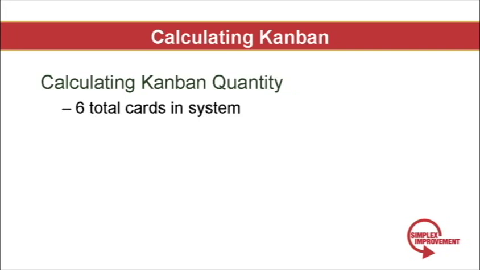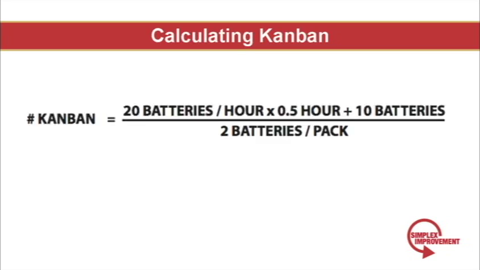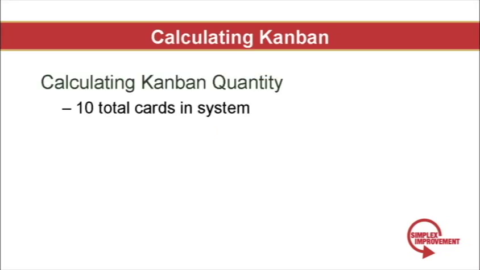Okay, one last example. We're at a battery supplier, and on average, customers want 20 batteries per hour. It takes 30 minutes to replace a battery. We also carry 10 batteries in safety inventory because of the variation in customer demand. Batteries are packed in pairs for each Kanban. So how many Kanban do we need for this system to work? That's 20 batteries per hour times 30 minutes or 0.5 hours plus 10 batteries in safety. That gives me 20 batteries. Batteries are packed 2 per Kanban, so that means I need to have 10 Kanban in the system to